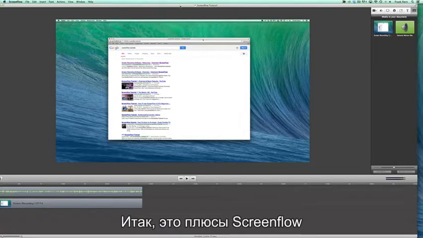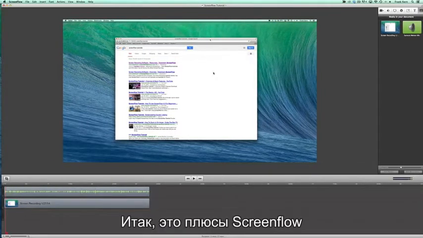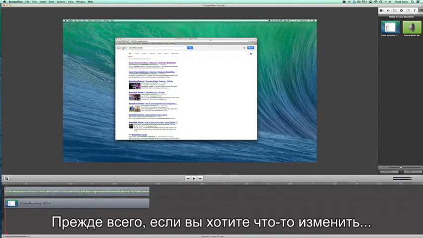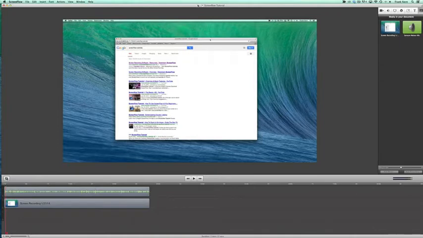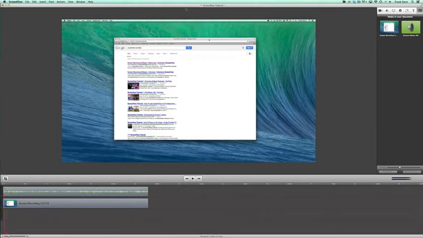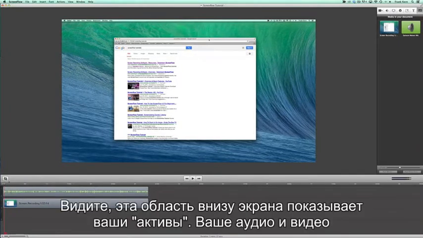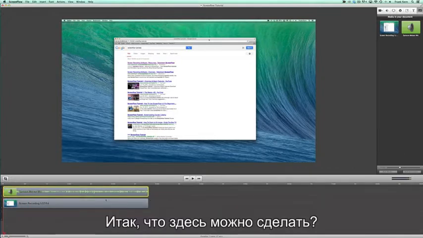So now here's some cool stuff about ScreenFlow. So first of all, if you want to change something, what you can do is, let's see here, make sure I got everything positioned for the camera properly. See this little area down here? These are your assets. This is your audio and this is your video. It divides it in 2 channels, right? So what you can do is, let's say